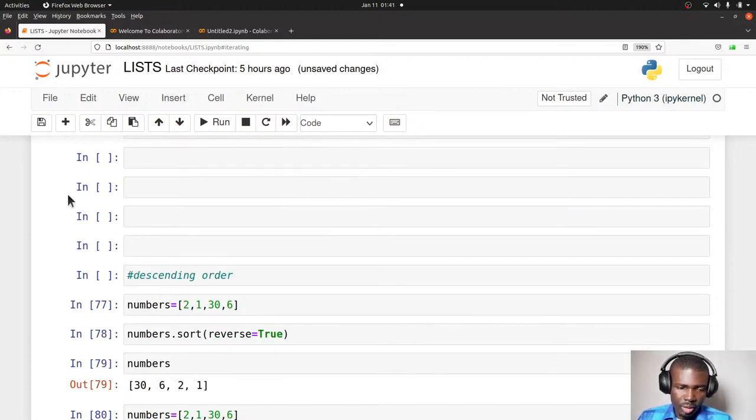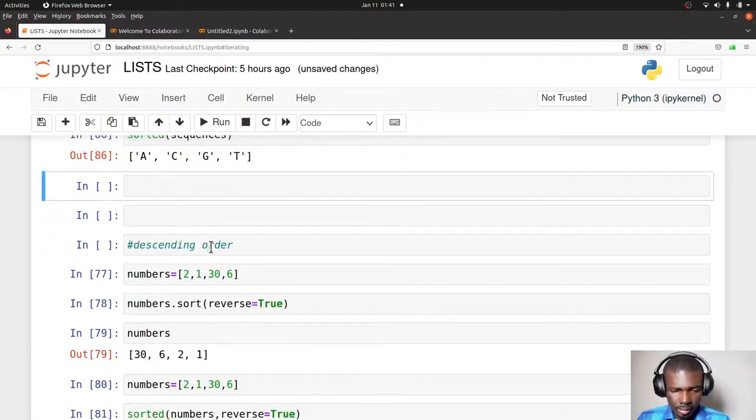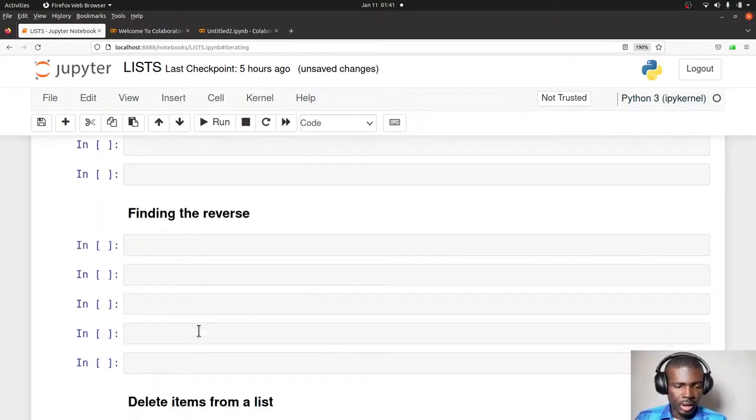So the same applies to descending order. For descending order, you sort, and then what? You use reverse equals true. So this will be your assignment. So try that yourself. Okay, now let's